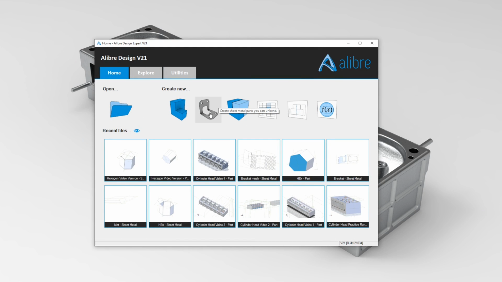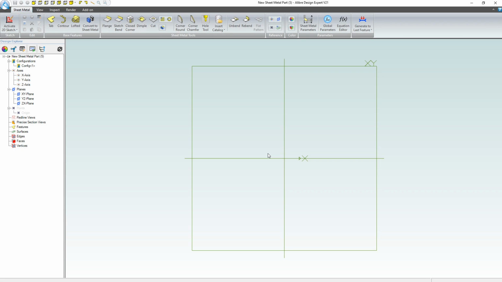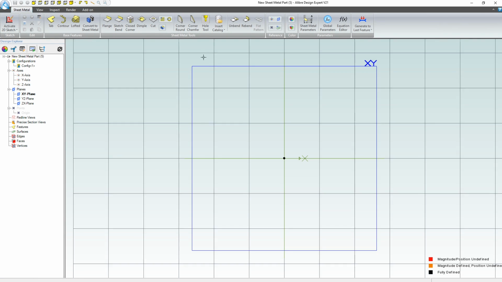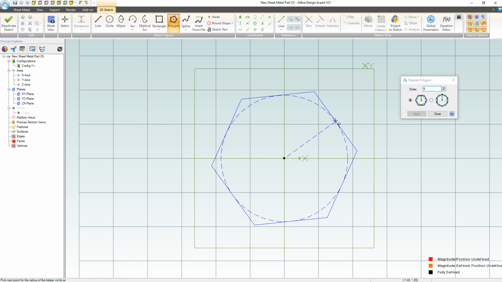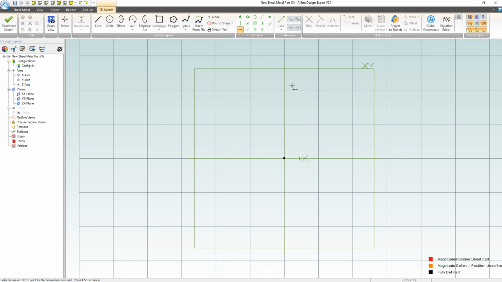And I'm going to grab this create sheet metal parts that you can unbend option. So this opens up Alibre in the sheet metal interface. And I can create a tab as before. Alright, so if I activate my sketch, say on the XY plane, and do something like a polygon,